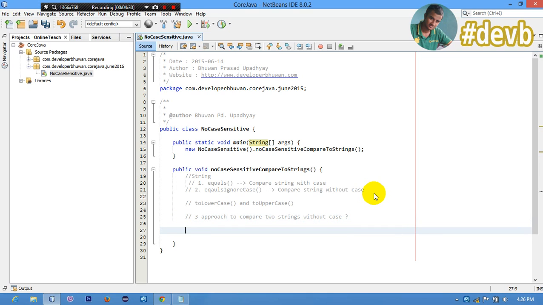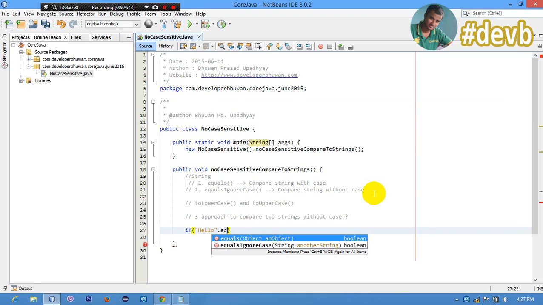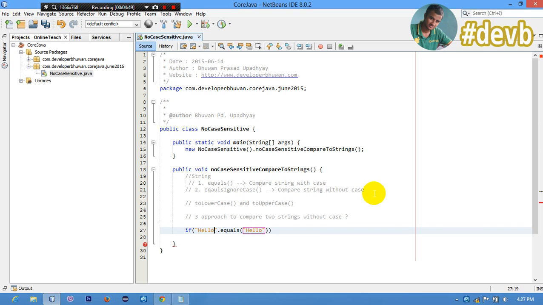For example, if "HELO".equals("hello"), there is one type of case and another type of case. I think it always provides the result false, because equals method compares with the case.